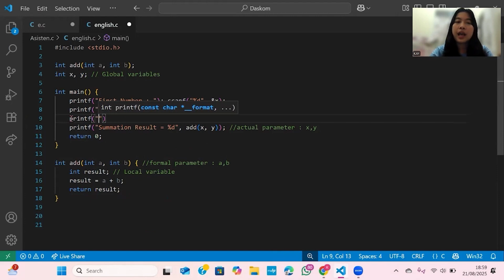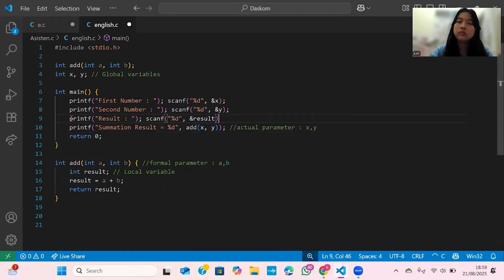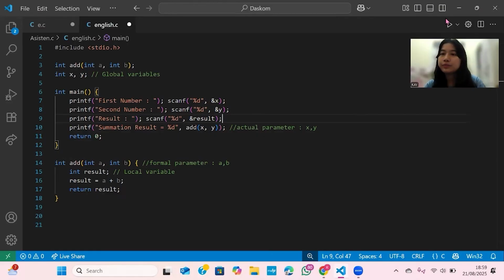Is it really an error or not? And we can try to run.